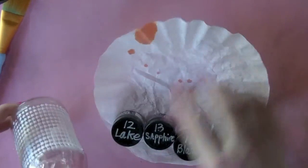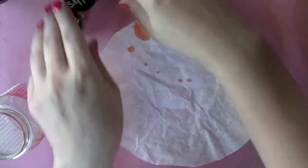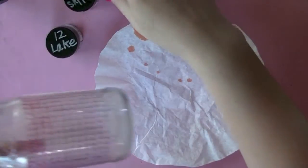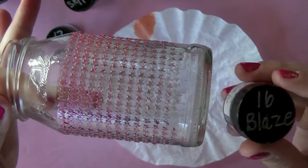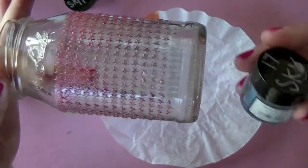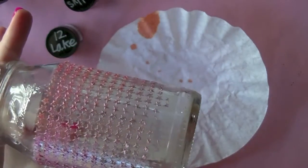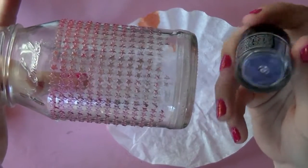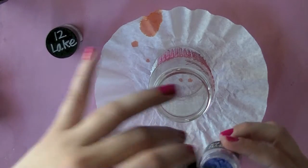So I've got my coffee filter out, and along with my metallic FX, and I want to combine two different colors. So on this side I used number 16, which is Pink Blaze. And I used Navajo Sky, which is number 17. So on this side I want to try using number 13 because I really like the blue color of this one. So I'm just going to dump the